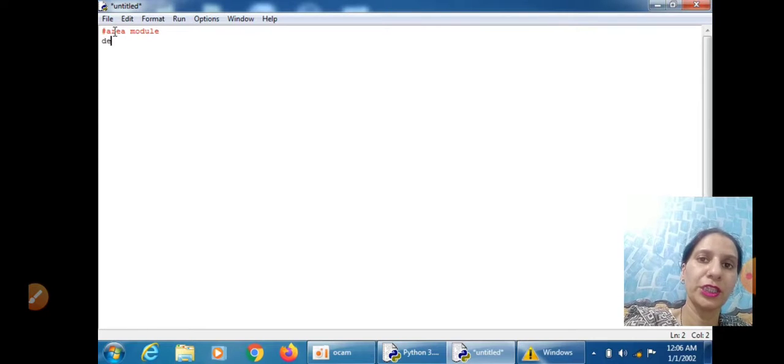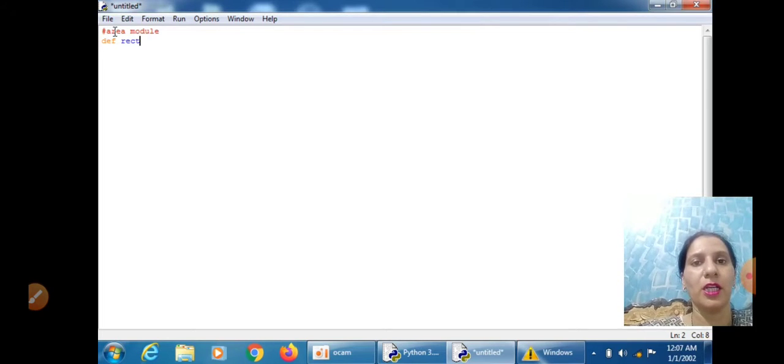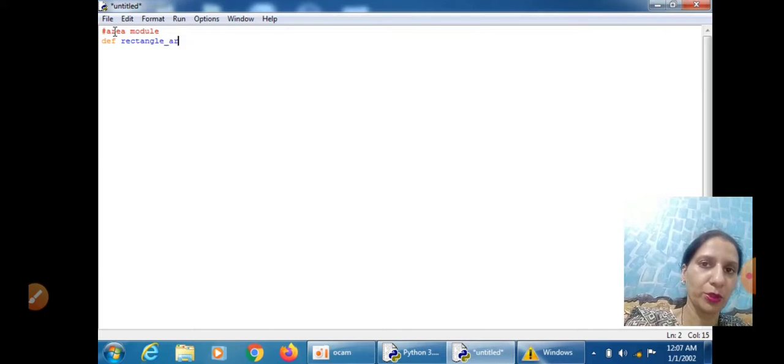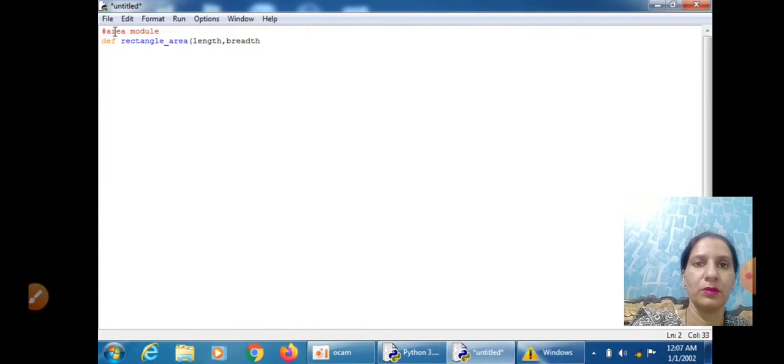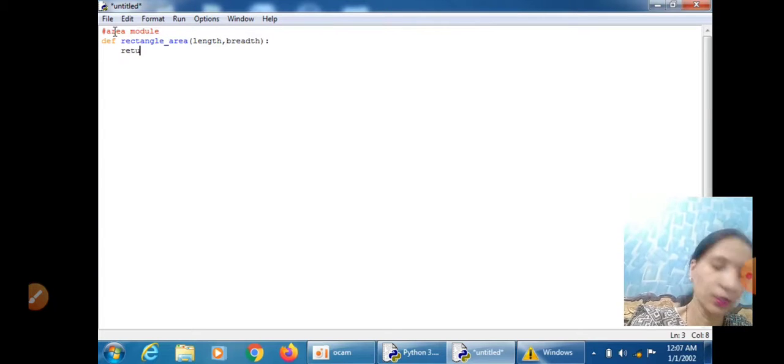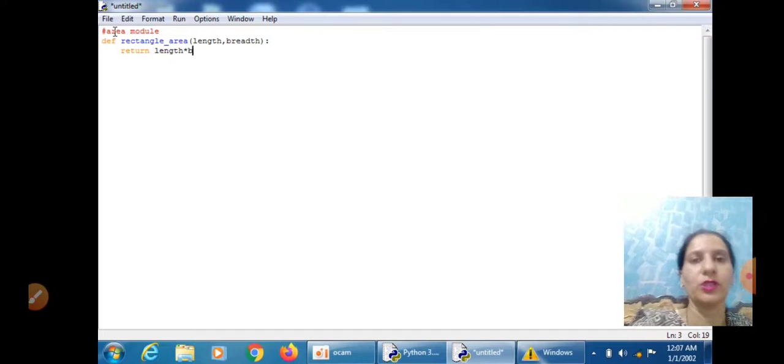Write only the function into the module which you want to import, or anything like a variable, class, etc. We are writing a function def rectangle_area, and we pass two arguments in it, length and breadth. This is the header of our function. Then write return length * breadth. I am writing directly; you can also take a variable for finding the area. So this is our first module.